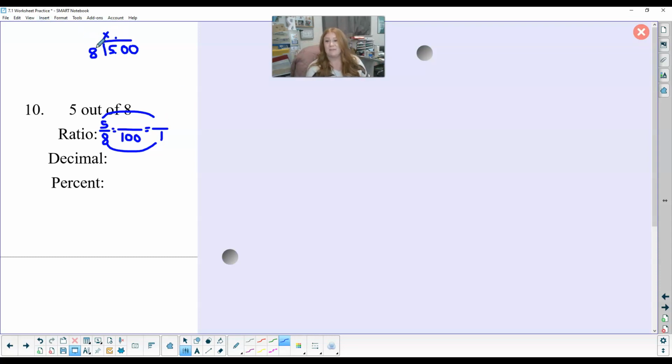So 8 can't go into 5, but it goes into 50 6 times, which is 48. So go ahead and make sure you do this with me somewhere, on scratch paper or a board, to practice this. So this goes 2, and bring down that 0. 8 goes into 20 2 times, which is 16, with 4 left over. And I don't want to just leave this here. A decimal is already a piece of a number. Here's another piece of a number. So we just want to add another 0 and see what happens here. So 8 goes into 40 5 times. So every time I have one piece of this ratio, it is